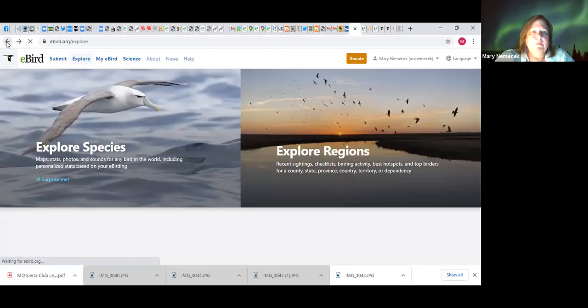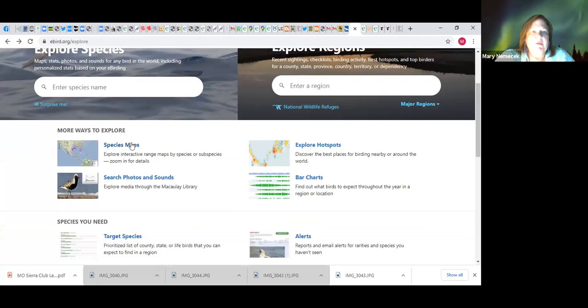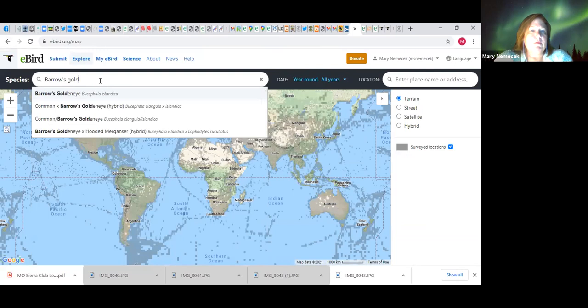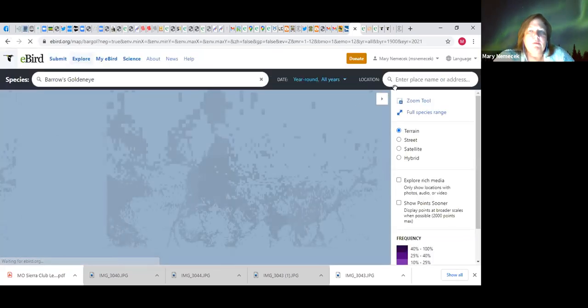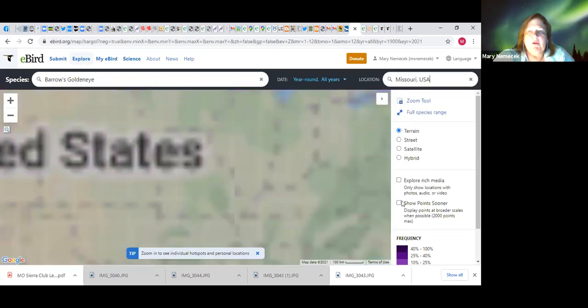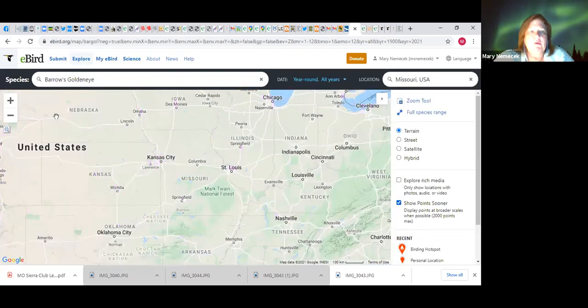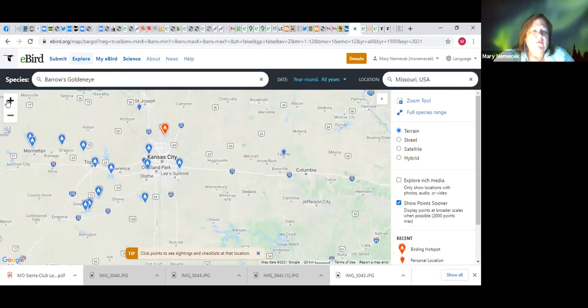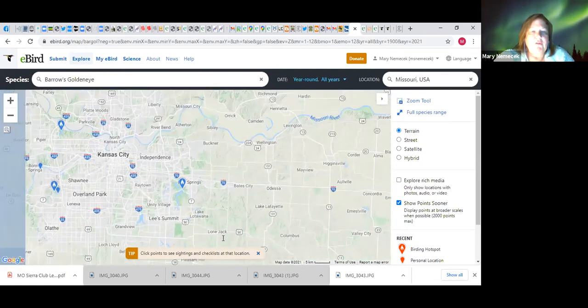Let's see here. So you go to species map. Missouri. And then I'm going to click my show points. And I'm going to zoom in, and the closer I get into Smithville, it'll show me all those different locations of that one species.